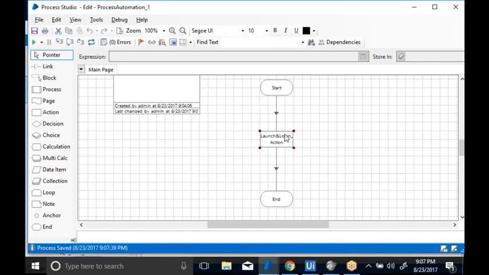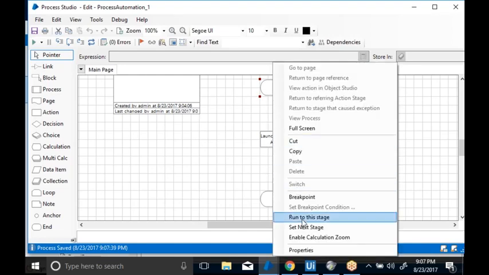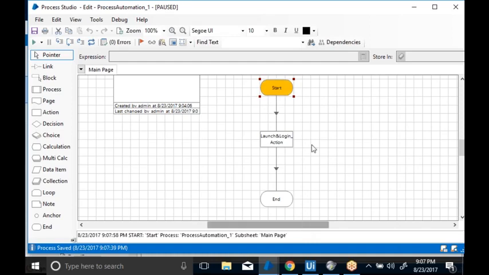Whatever you have run by using the Object Studio, the same thing can be done by using the Process Studio. Now right click here, set next stage and click F5. What happened? It will start here and go to the login and launch. What we are calling here is the object. My Process Studio will go to the object and call whatever actions you have made under the action login and launch.